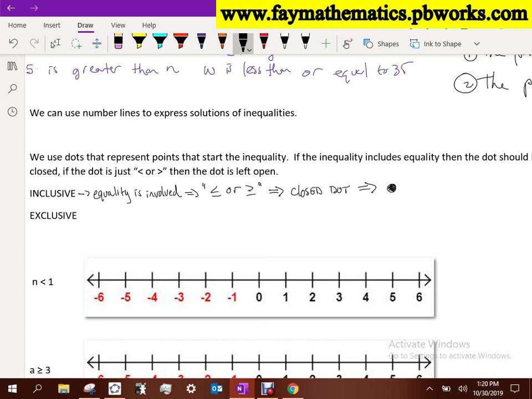Here's how I remember things. Well, actually, let's talk about what exclusive means, and then I'll show you how I remember things. I think it's a good thing to do. This says